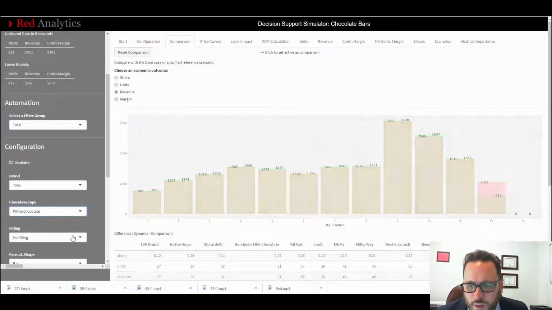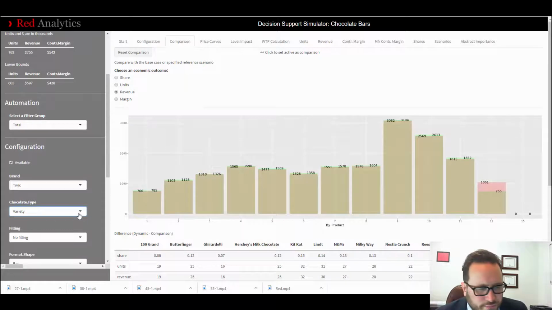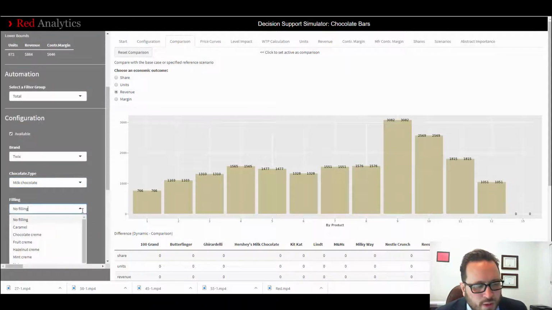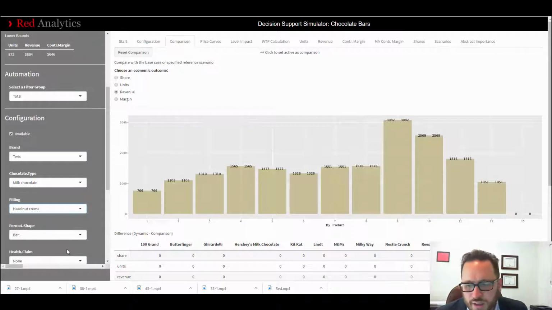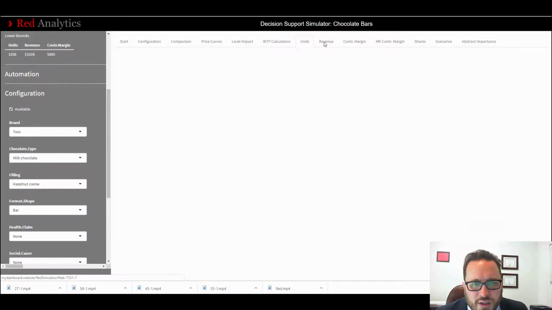We can also look at what happens if we do milk chocolate or a variety of different chocolates. But let's put that back to milk chocolate. And then again, the same thing we can do with hazelnut cream. What happens if we add hazelnut cream? Looks like it'll be beneficial for Twix. So that's one way to do it. We could also spend some time looking at our units